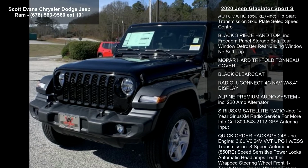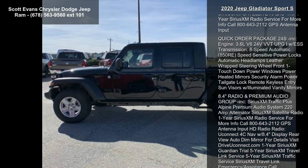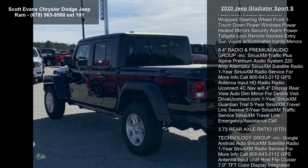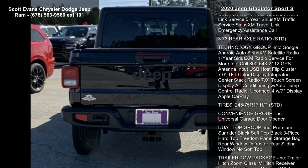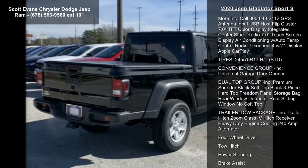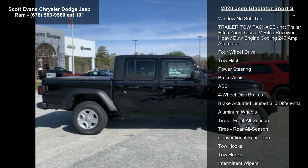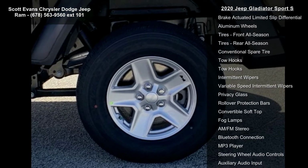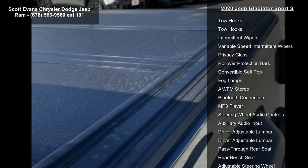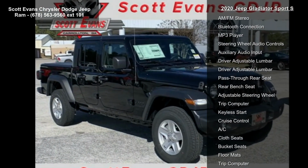Some of the top features included with this vehicle are black cloth low-back bucket seats, engine 3.6L V6 24 VVT UPG1 with ESS, STD, transmission 8-speed automatic 850RE included, tip-start, transmission skid plate, select speed control, black 3-piece hard top included, Freedom Panel storage bag, rear window defroster, rear sliding window, no soft top, bumper, hard tri-fold tonneau